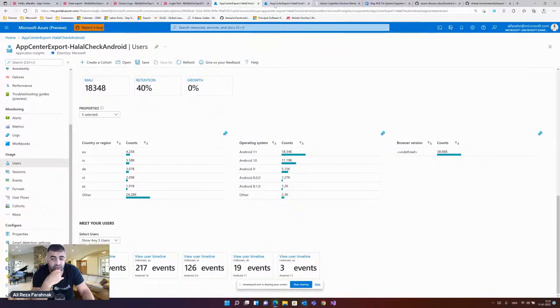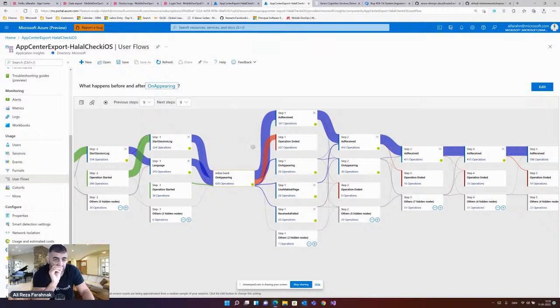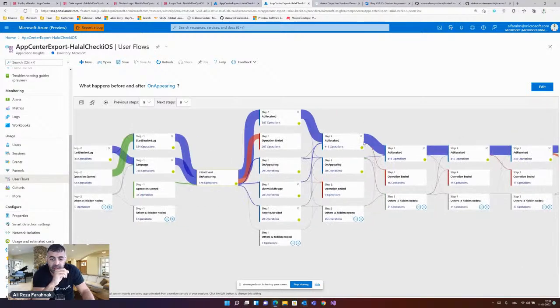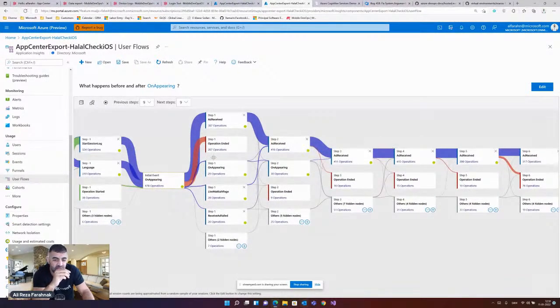And then after that, I can also dig into the user flows, and the user flows are going to explain to you what are the steps that the users are going through and what leads up to a specific error. Right now, I'm not having good operation names or events here, so that's why the name of the event doesn't make much sense. But it's just to tell you that you can log, say, that if somebody goes from product page to product page 1 to product page 2, and then the crash happens, then maybe it's because the user clicked on these specific steps that led up to